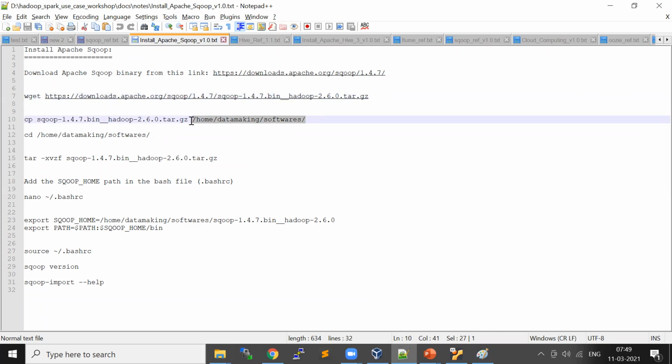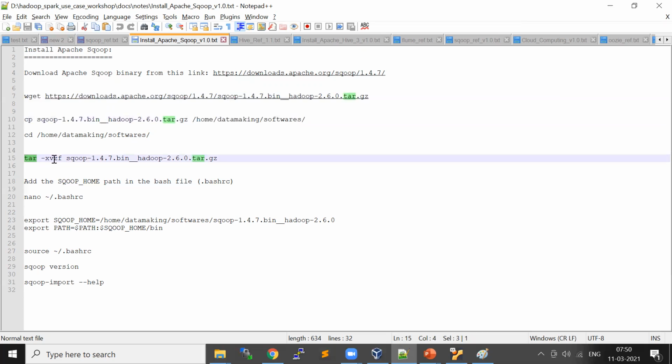I'm maintaining all my software inside a softwares folder in my home directory, so that's why I copied it here. This is just a copy command. If you download it directly into the software folder, you don't need to use this copy command.